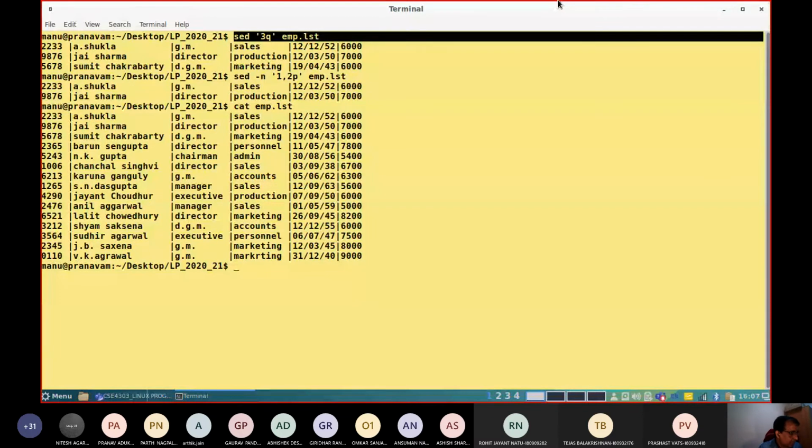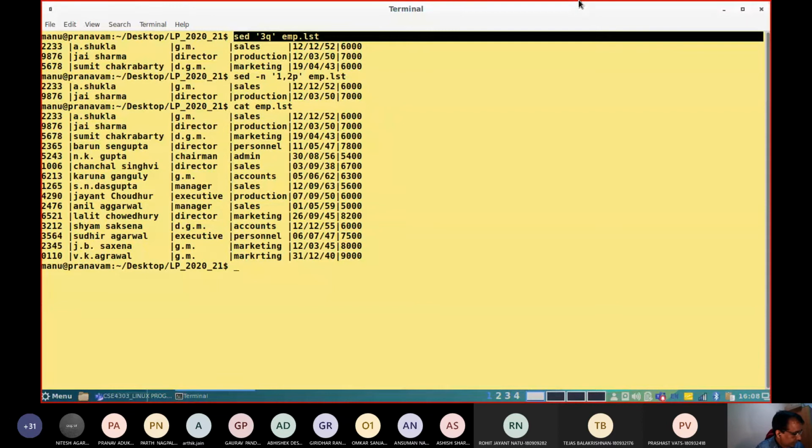When this instruction is enclosed within quotes and followed by one or more file names, you can simulate head -n3, displaying the first 3 lines. Here 3 is the selection criteria, 3 lines, and the action is quit. Print those 3 lines and quit.